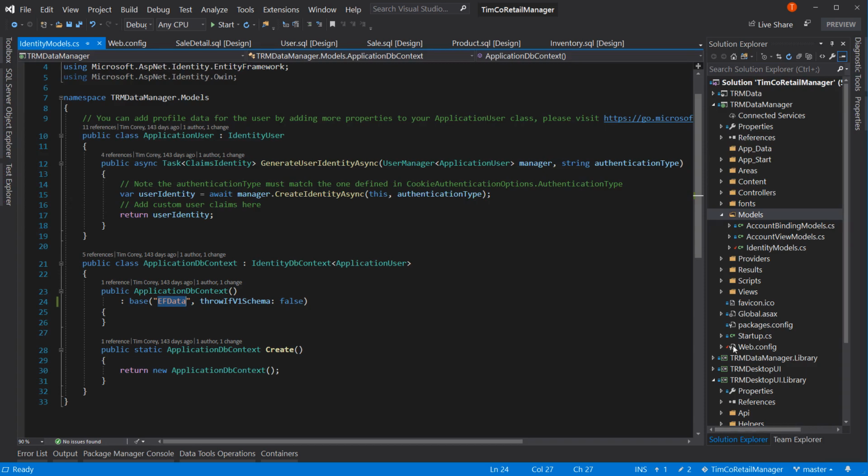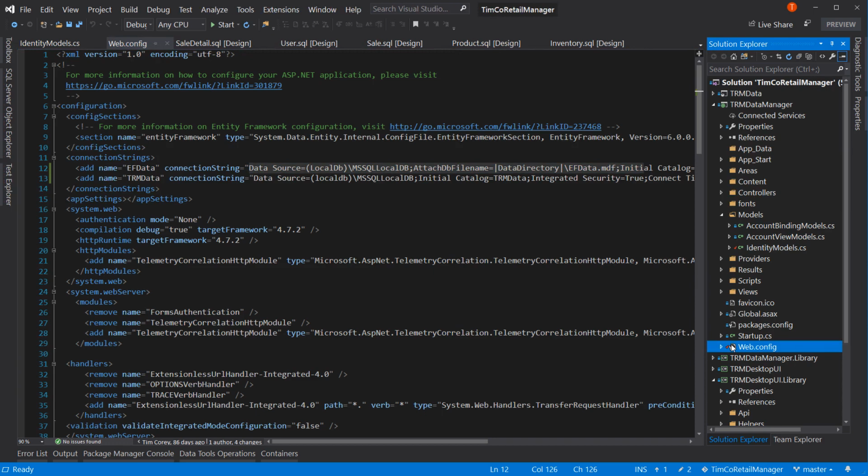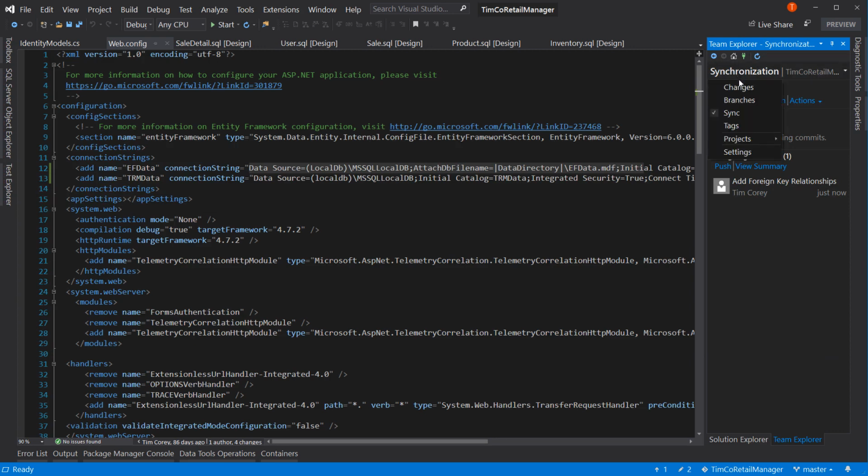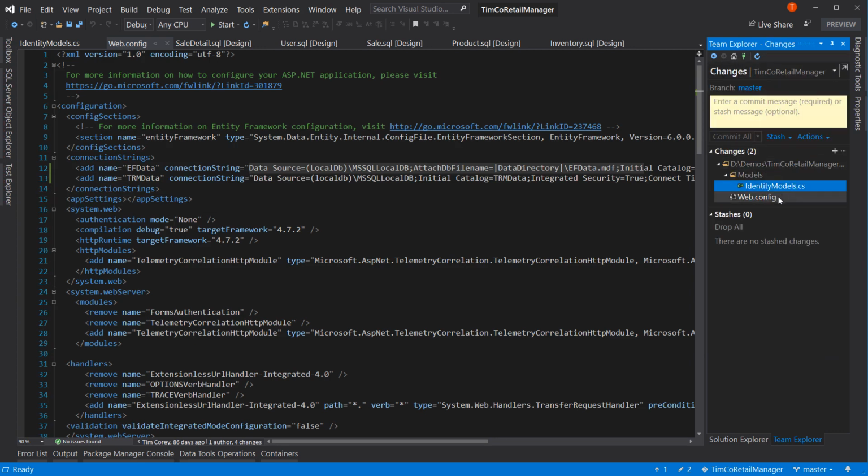We don't have default, which you're wondering, well, what is default? Is that the one we primarily use? Well, no, it actually wasn't. It was our authentication database. So that resolves the next item. So let's go back to our changes. And it was just a couple of changes, web config and I